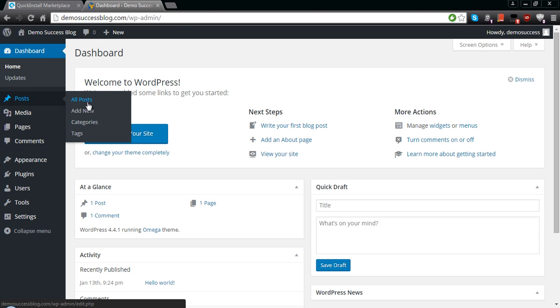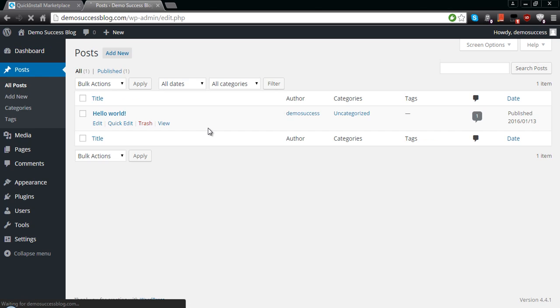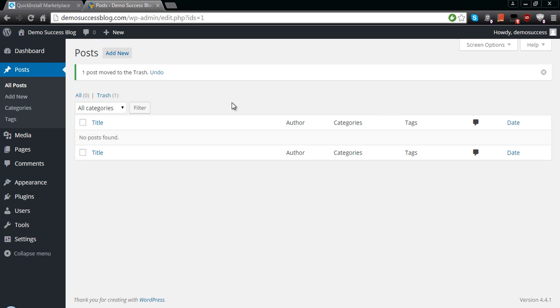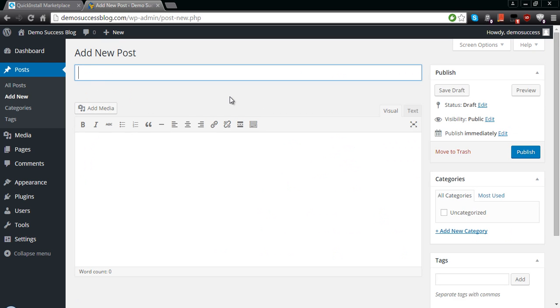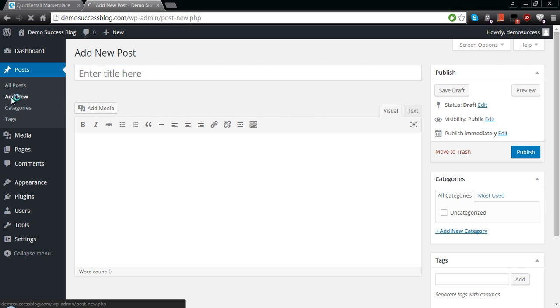Now that you're back at the dashboard, the first thing that you're going to want to do is go to posts, see all the posts on here, and you want to get rid of these quick hello world posts. That's just trash. Okay, once you get rid of the test post on there, you're going to want to make a new post. So go down to add new, click on that,